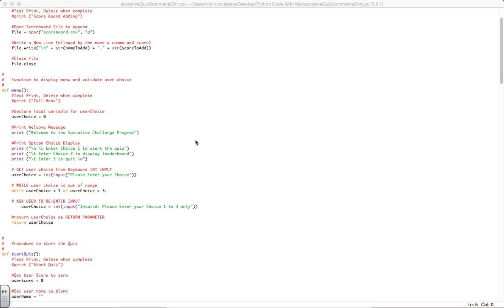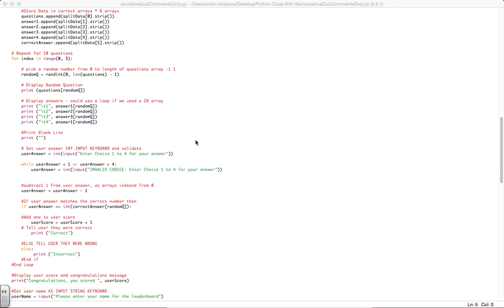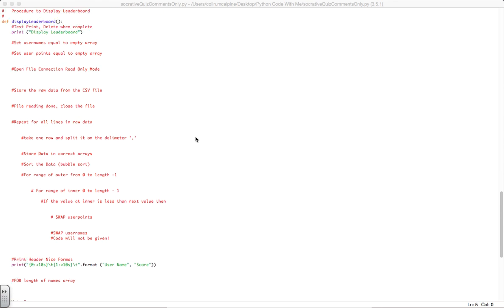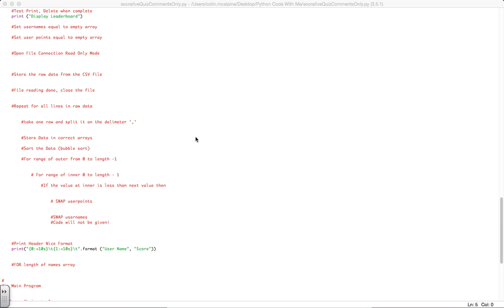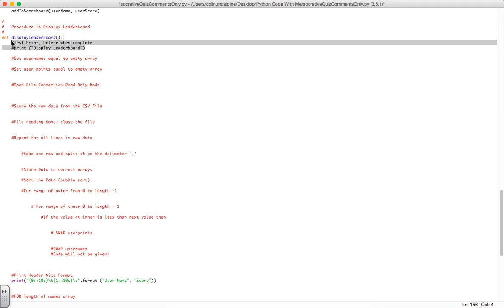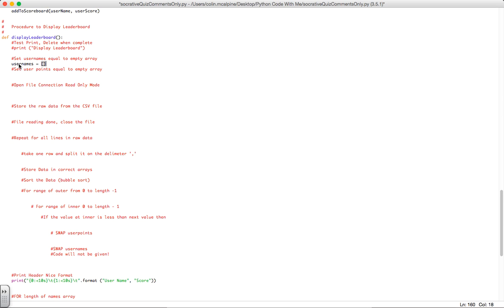So now for the final parts, we want to display the leaderboard and we want it to be displayed sorted. There's not actually much code here to get this, but some of it's complex. Now we know that the display leaderboard part's fine, it's being called, so I'm just going to comment out that first line. Now we need an array to store the usernames that are being read in, so set equal to